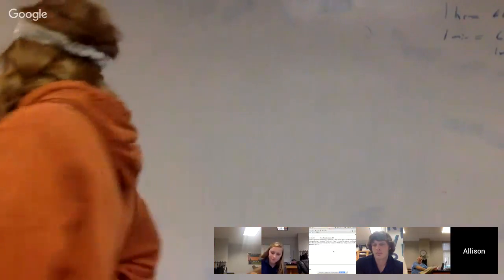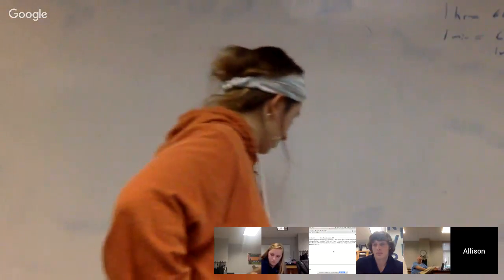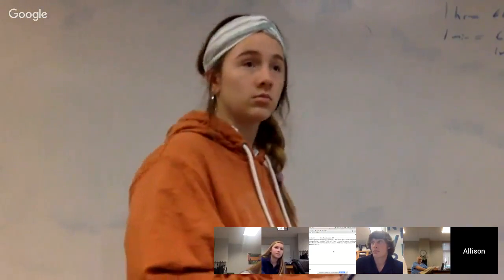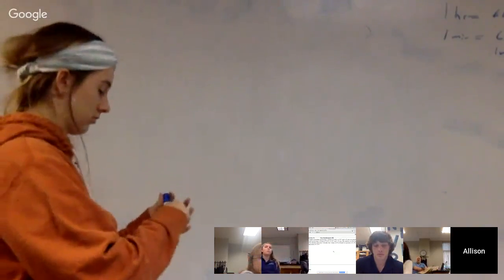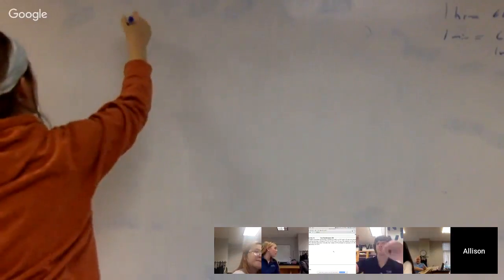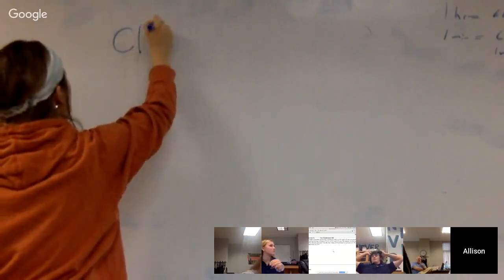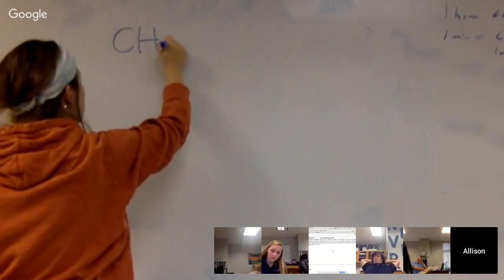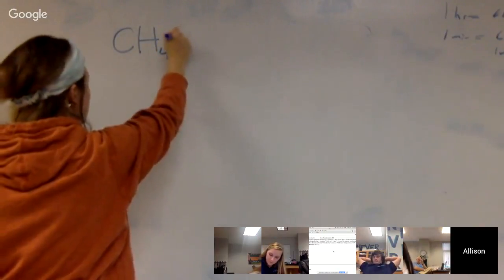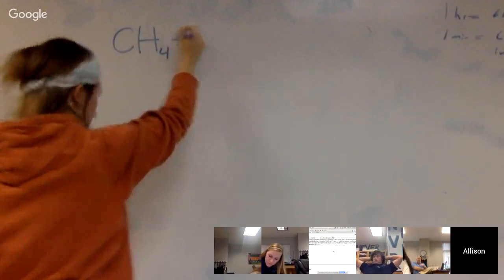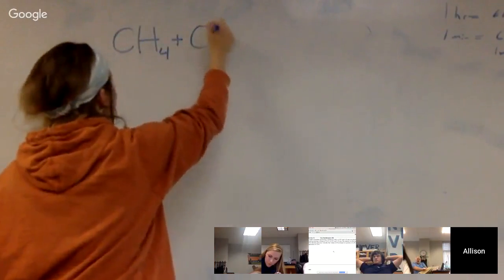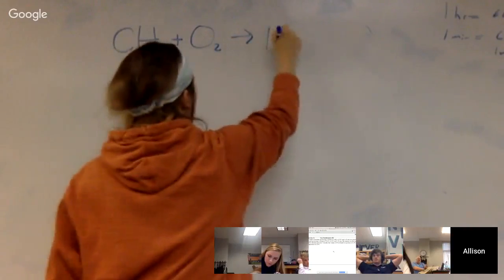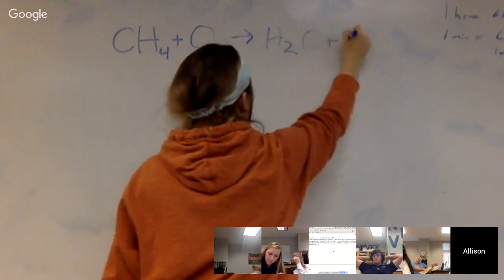Now, super fun fact. You kind of need to know methane's formula in order to be able to do this, right? CH4. It's actually CH4. And if you need a reminder, later on in the year when we talk about organic chemistry, we're going to do some naming, which we call nomenclature. Do you remember how we did in pre-AP: methane, ethane, propane, butane, and then pentane, hexane, heptane, octane, nonane, decane, right? If you know the number of carbons, you can double it and add 2 to get the number of hydrogens. So start with CH4,